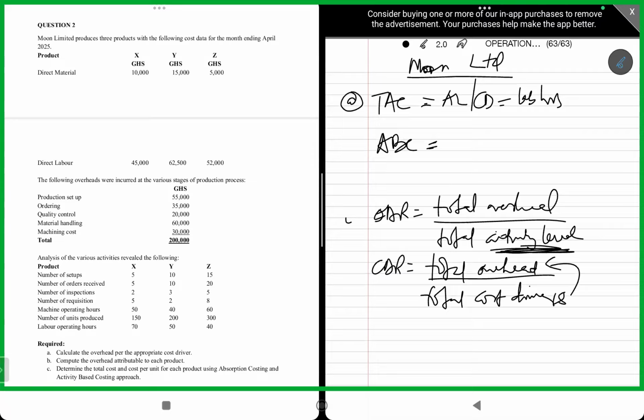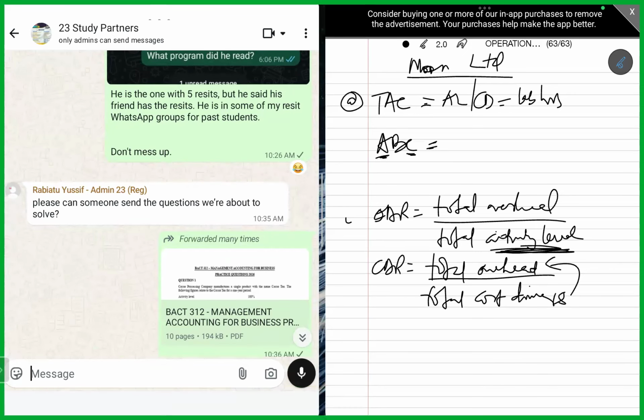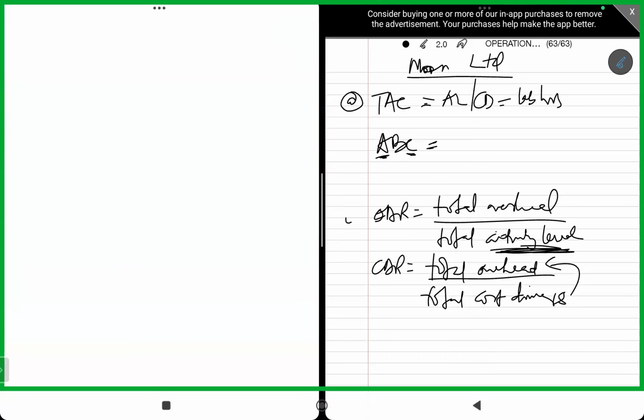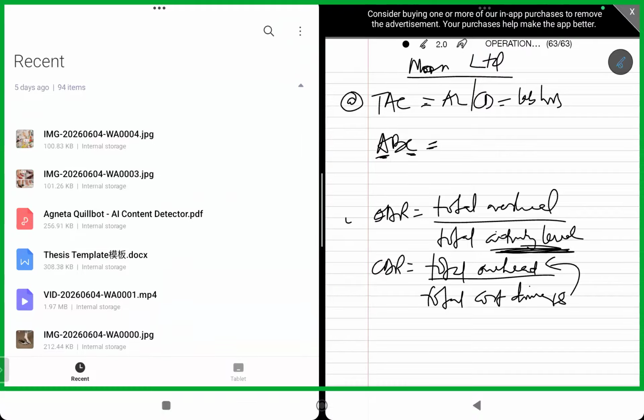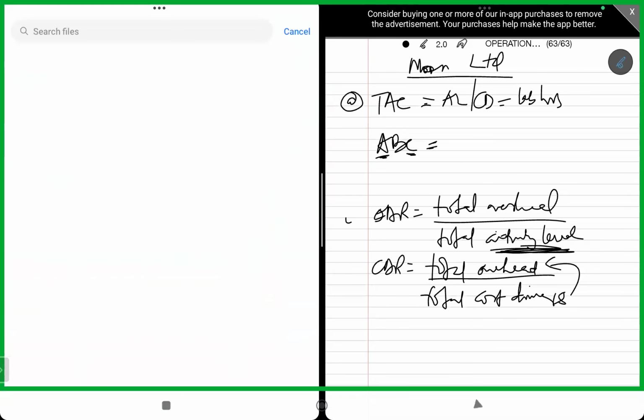Now, we will cost an overhead, or we will cost an item, based on the activity level. So activity-based costing is saying that the activity level determines the cost. Are you getting it? The activity level determines the cost. That is basically what we are trying to say here. The activity level determines the cost. So